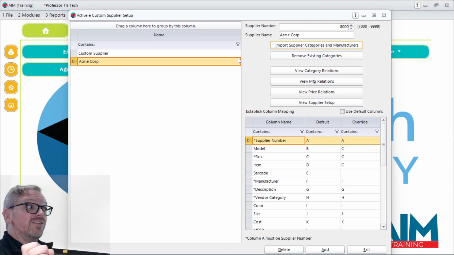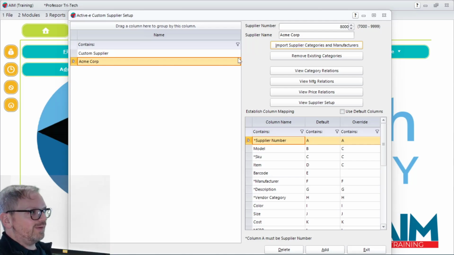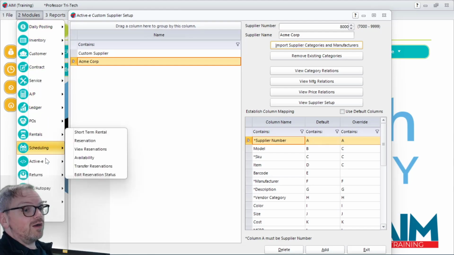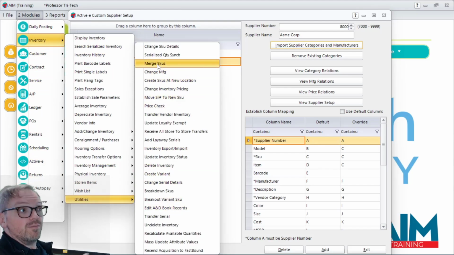Now, again, this is going off of the concept that they both have a barcode. If there is no barcode and the supplier has data that is technically already existing, but there's no way for it to be able to match that to those existing records, then you may have to do some housecleaning afterwards, which, if that is the case, there are routines in the utility menu to go in and merge SKUs